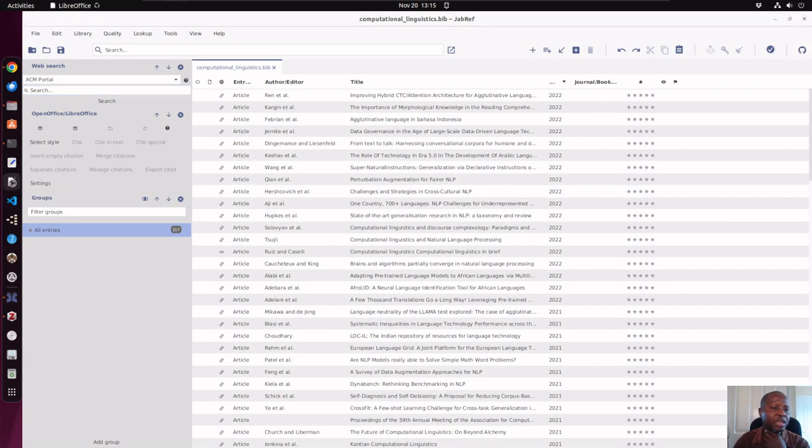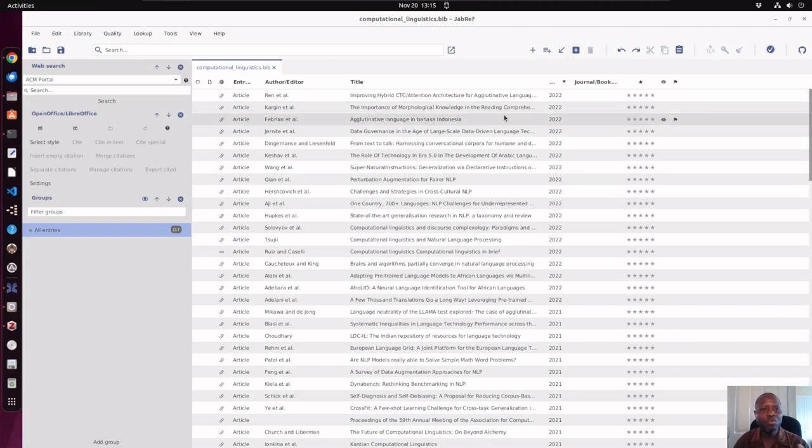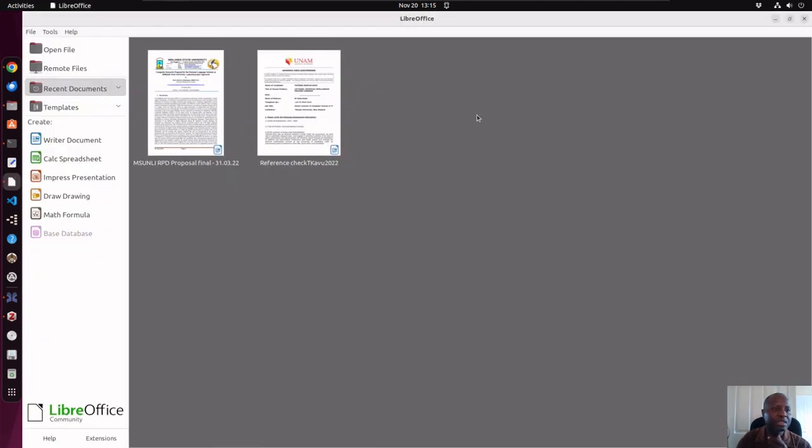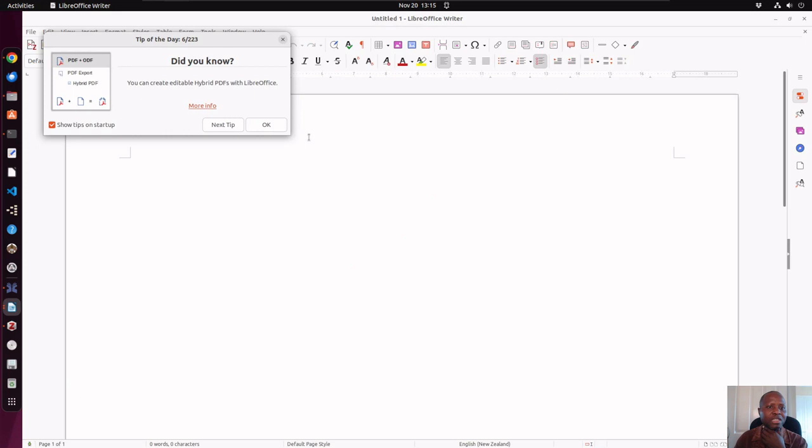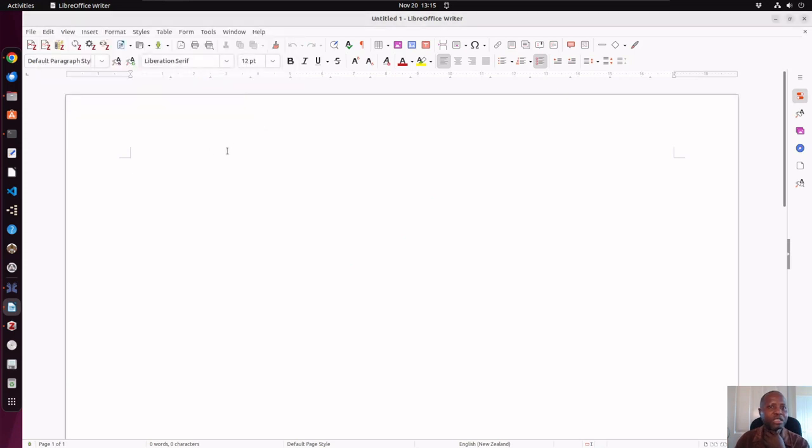Just to show you that, let me run LibreOffice and see whether the two can connect. Of course, you need to install the full plugins that allow this. Right, for this purpose, I will just open up a blank document to test the connection